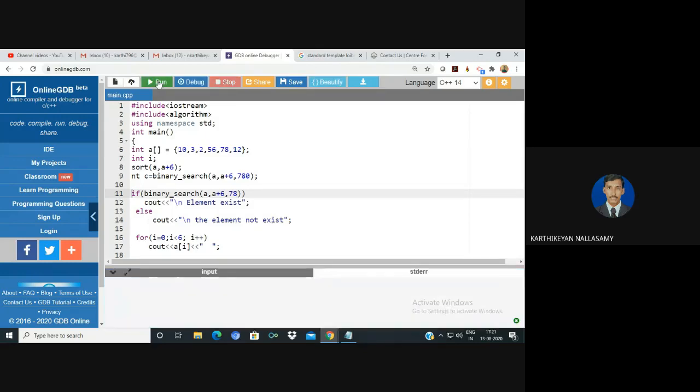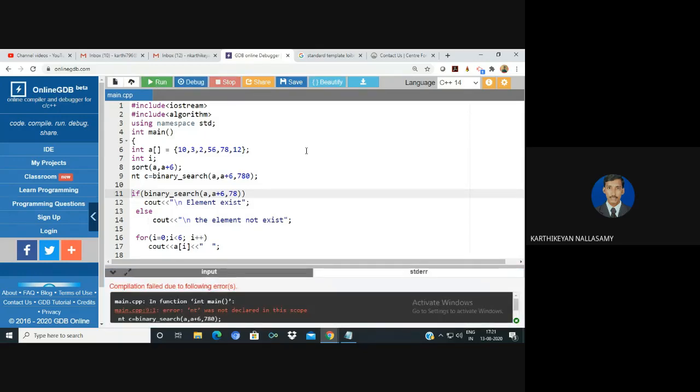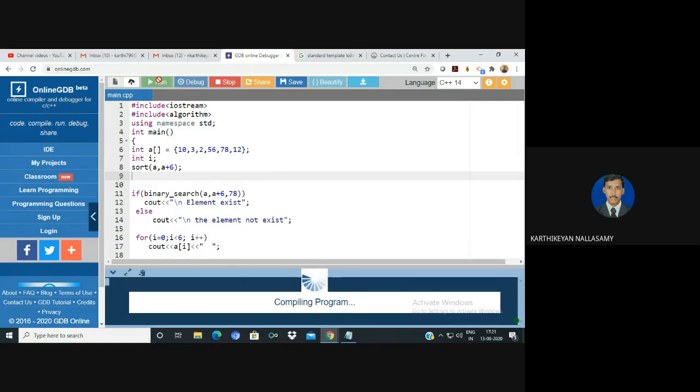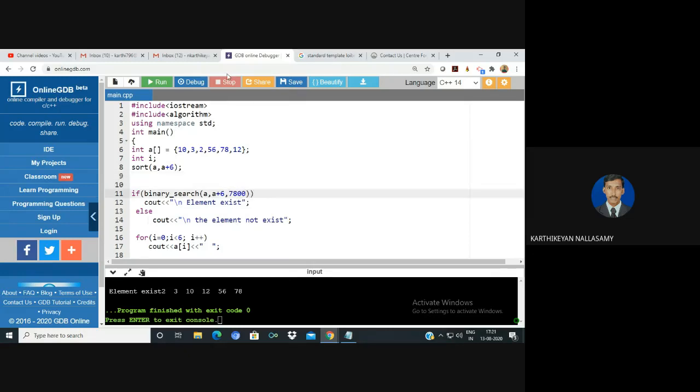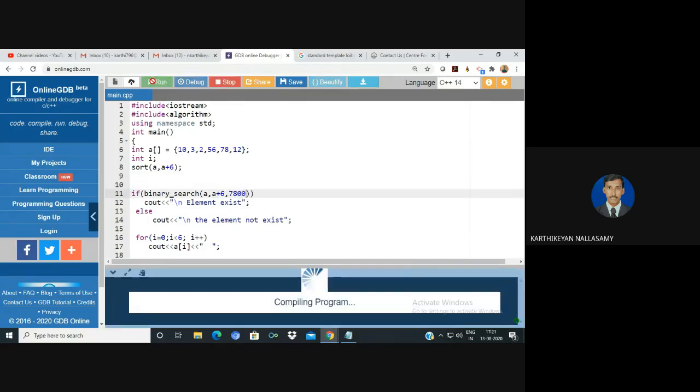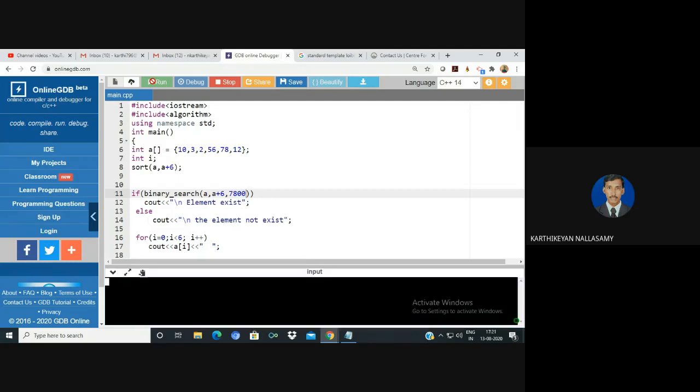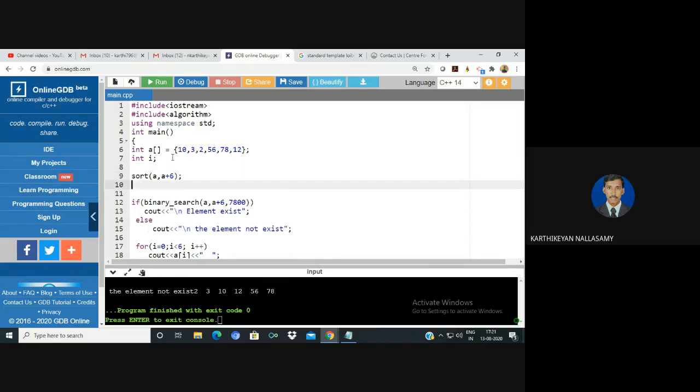Generally the concept of binary search is applicable to sorted data. Now we search, and it shows that the element exists, and for the number that does not exist, it shows that the element does not exist. Small correction here, please note it down: if you want to apply binary search, first we must apply the sort, then apply binary search.